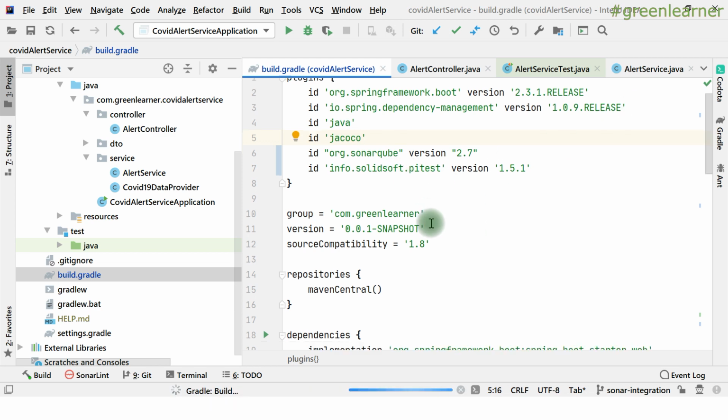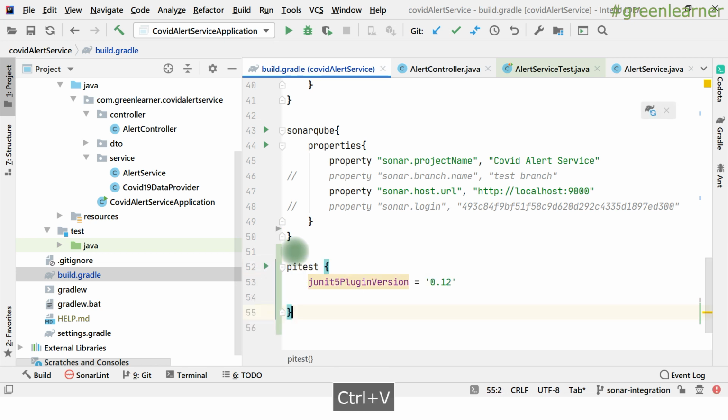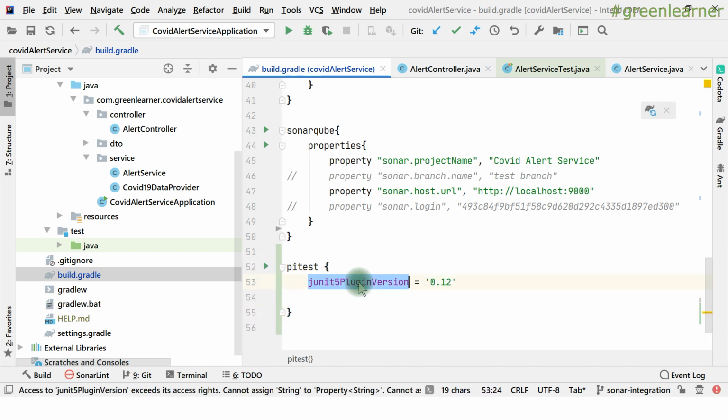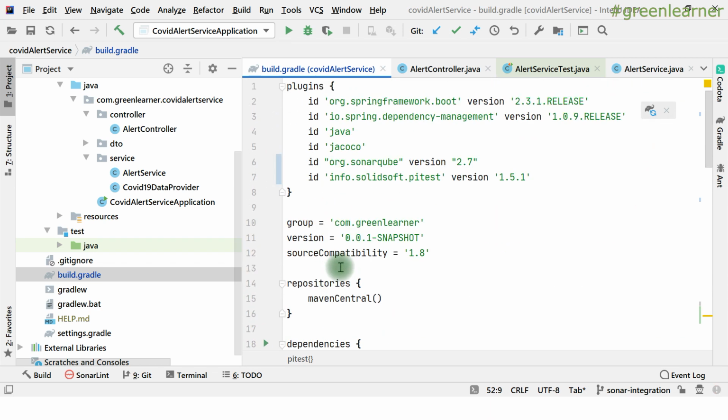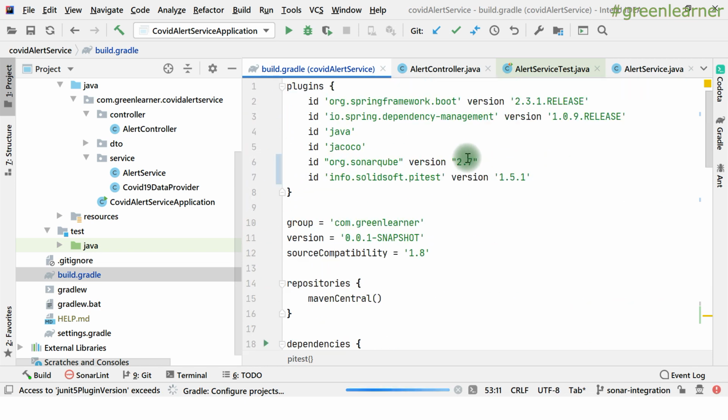And along with this, I just need to add one more configuration here. I need one configuration for the JUnit 5 that we are using, so I need this plugin version. This is the Gradle build that I'm using, and if you have a Maven project, I'll give the link in the description box. That is straightforward to do as well. But with Gradle, it's extremely simple. Just two lines of code: applying the ID and mentioning the plugin version that I need. And just refreshing it to apply and download all the dependencies that it needs, right?